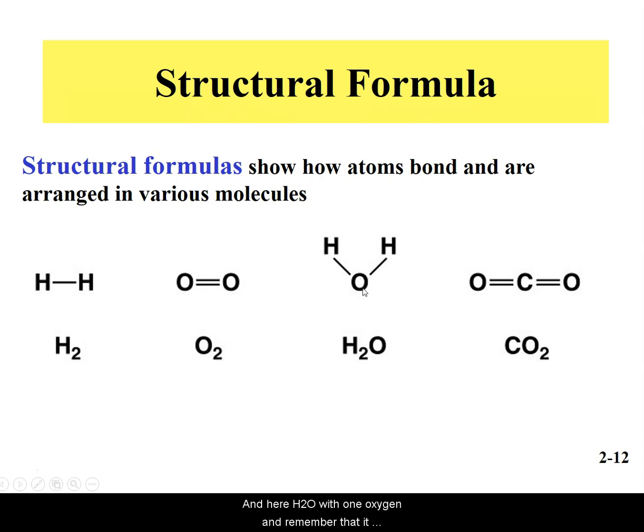And remember that it needed 2 bonds for that oxygen to have a full valence shell, and it shares unequally. These hydrogens easily give it up, and remember, to give it up is called oxidation, and when the oxygen receives the electrons, that is called reduction. So this is a redox